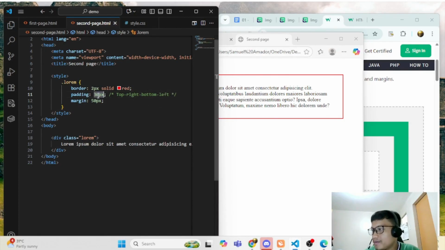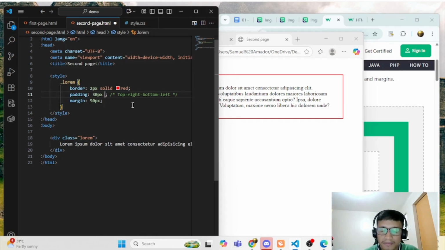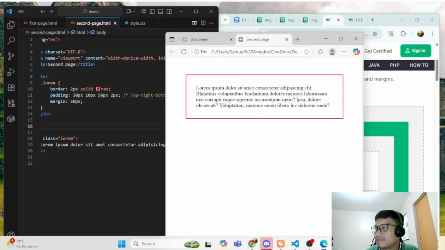So let's say we are going to put a padding, say 30 px top, 10 px right, 50 px bottom, and then 2 px left.